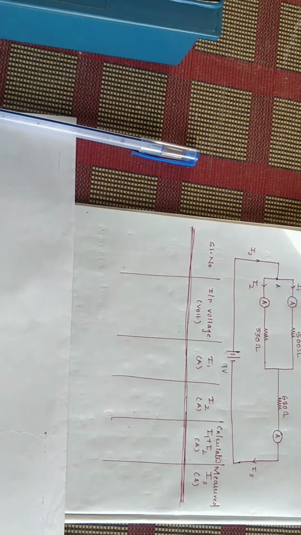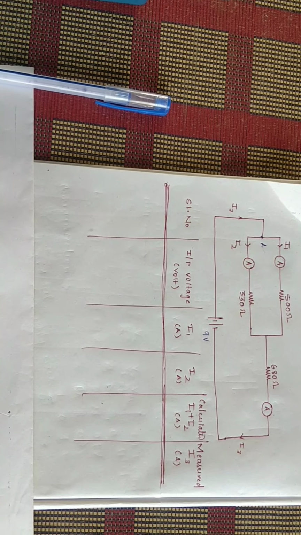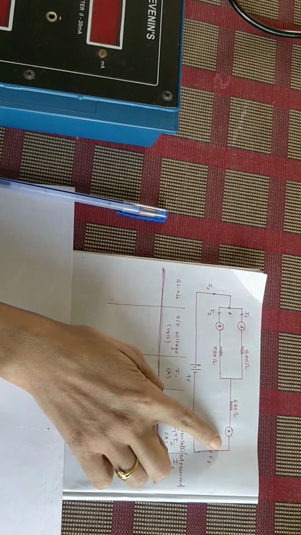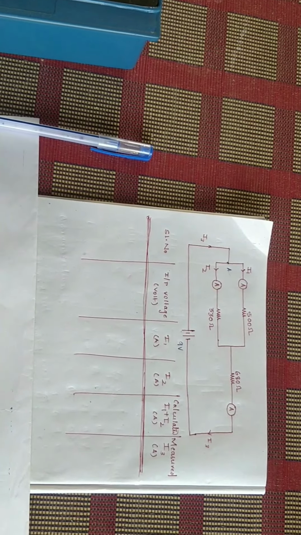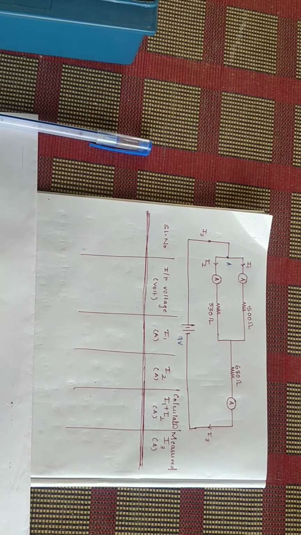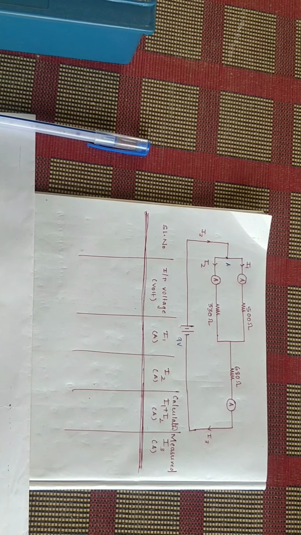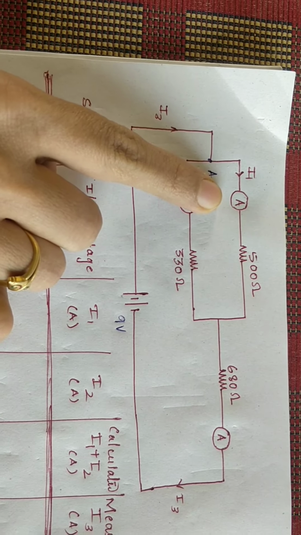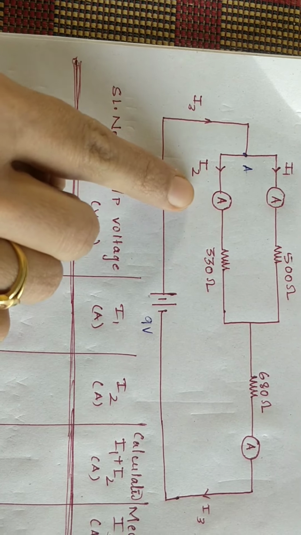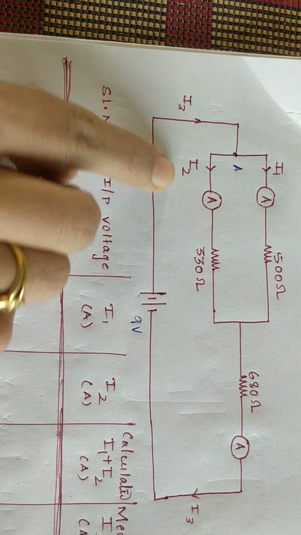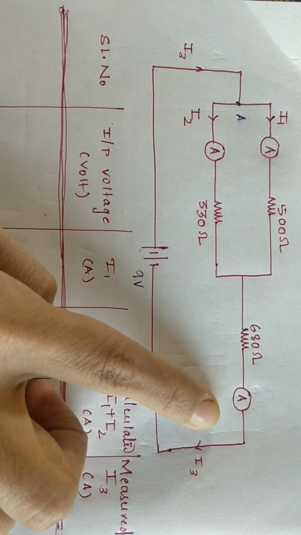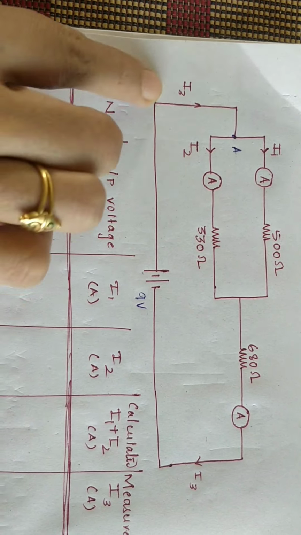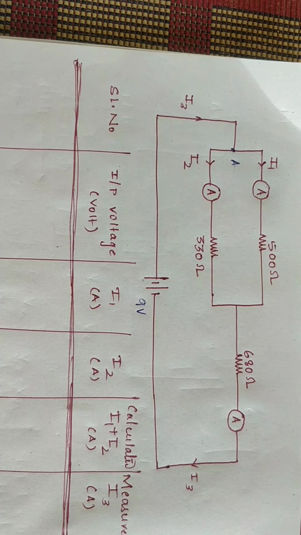First of all, the first step is to do the circuit connection. I will do the circuit connection as per the circuit diagram. Another thing you can observe is that I have connected 3 ammeters here. Ammeters are used to measure the current values in a particular branch. Here we have ammeters connected in 3 branches, where the first ammeter is used to find out I1, the second ammeter is used to find out I2, and the third ammeter is used to find out the I3 value, or the total current value. So let us do the circuit connection.